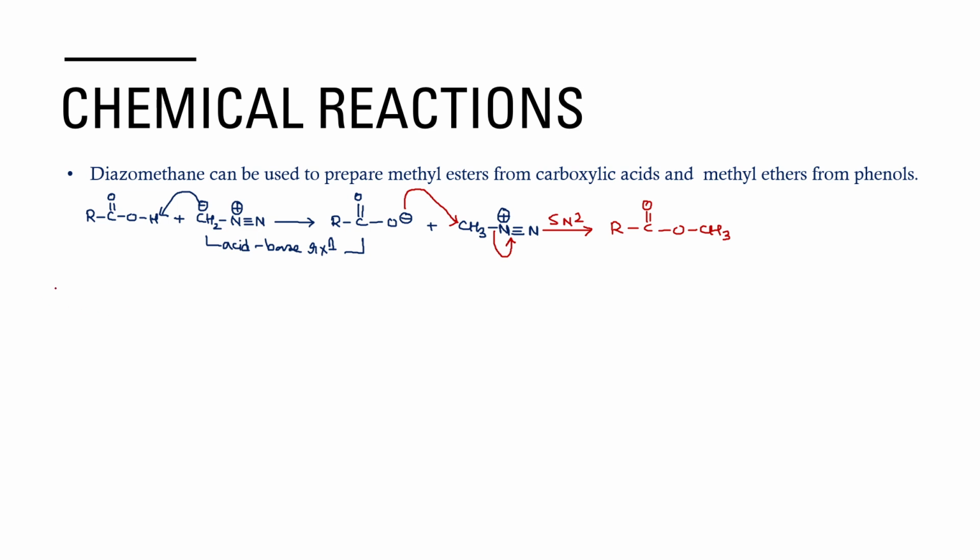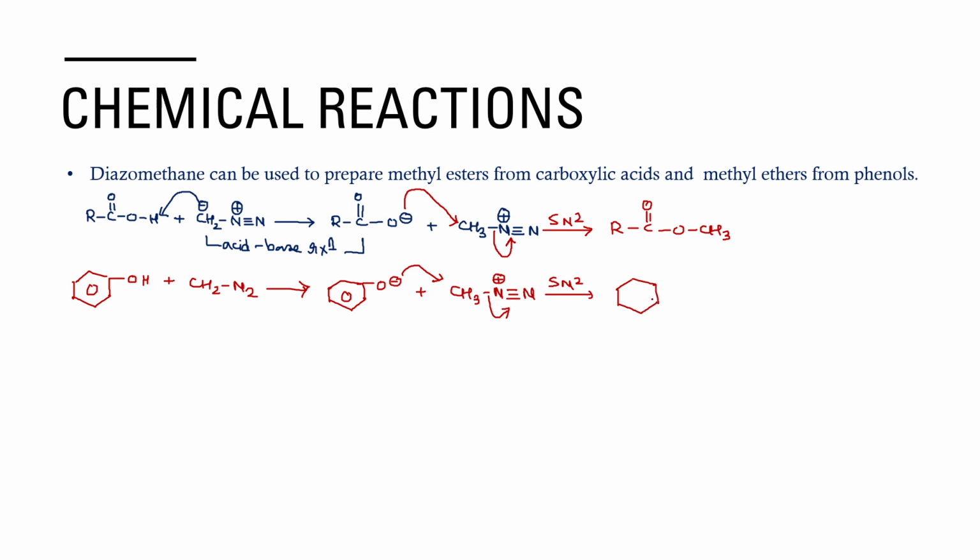Okay. Similarly, same reaction हम phenols के साथ कर सकते हैं. If you take phenol और phenol को आपने CH2N2 के साथ reaction कराया, so exactly same reaction होगा, same pathway will be followed. You will get O minus plus CH3N triple bond N, nitrogen with a positive charge, and this will attack over here, this will go out, SN2, and we would get